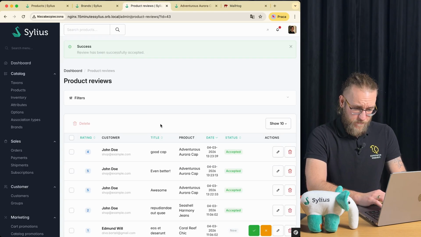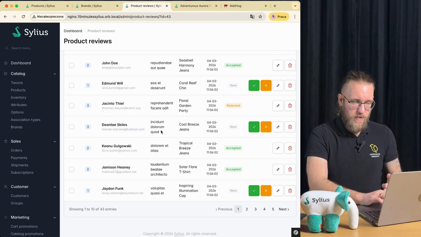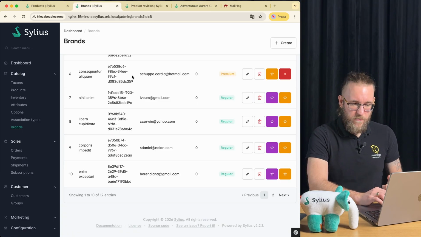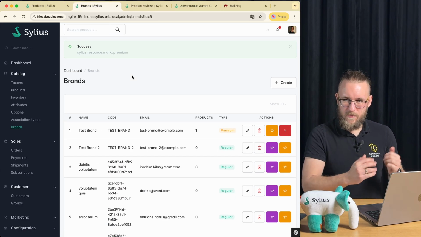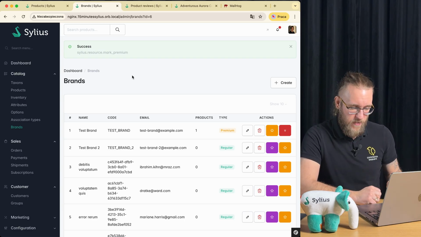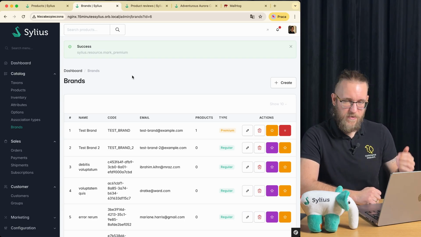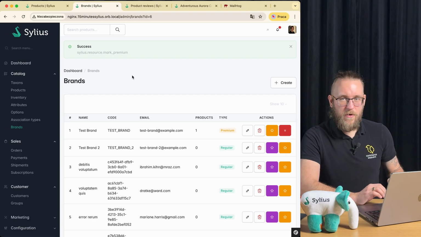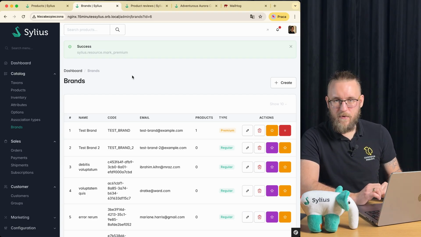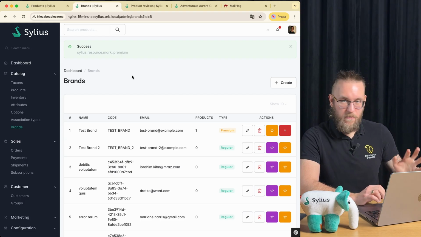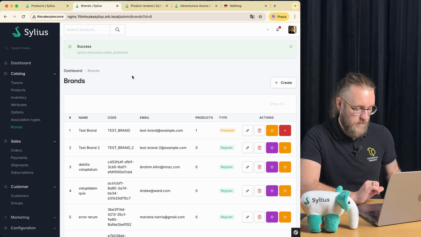Awesome. So as you can see, these fixtures are really useful to prepare your shop for testing a little bit, so to playing around with it and just using some real data, not something that you have to create manually. I totally recommend you to dive into the Sylius fixtures documentation. We'll obviously link it below, and play around a little bit with that, because it's another fascinating bundle in the Sylius ecosystem.